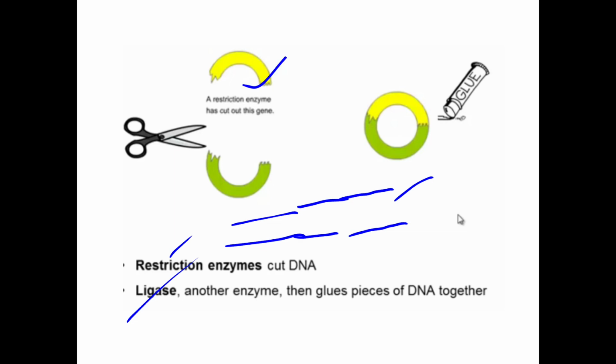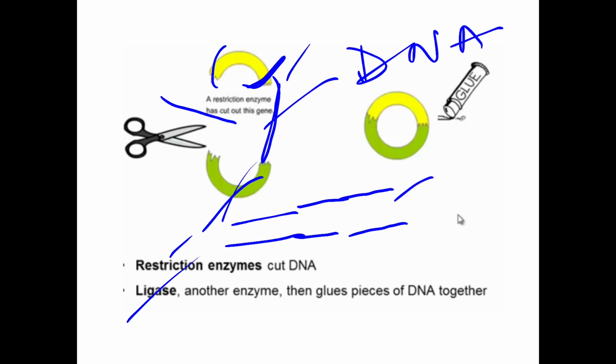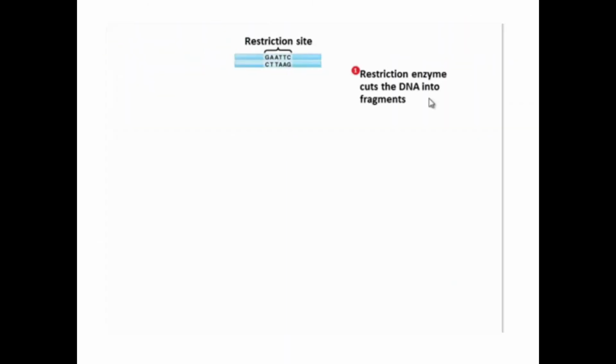Suppose this one is the gene of interest and this is the vector DNA molecule. These are two different molecules of DNA and they are ligated with the help of DNA ligase. DNA ligase forms a phosphodiester bond between the nucleotides at the ends. जो ends पे न्यूक्लियोटाइड्स प्रेजेंट होंगे उनके बीच में फॉस्फोडाइस्टर बॉन्ड्स को क्रिएट करेगा DNA ligase.